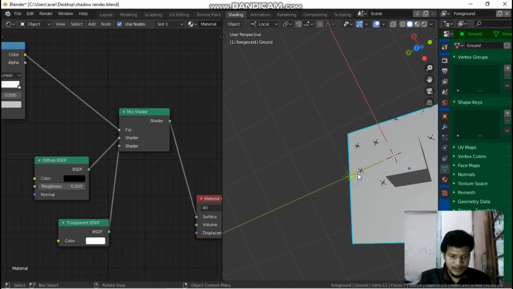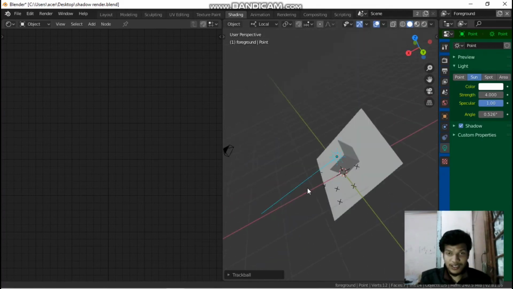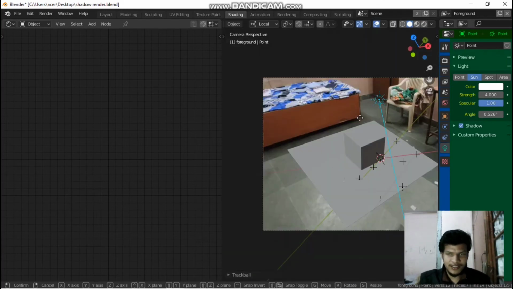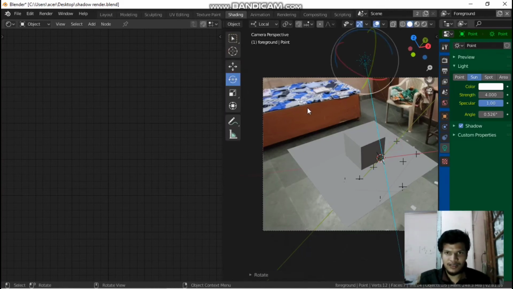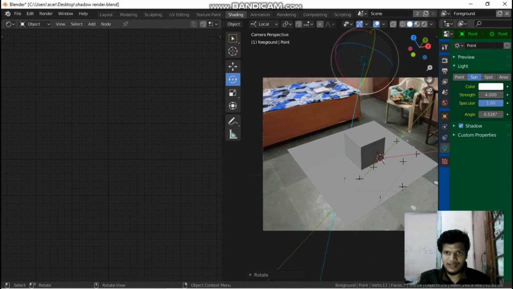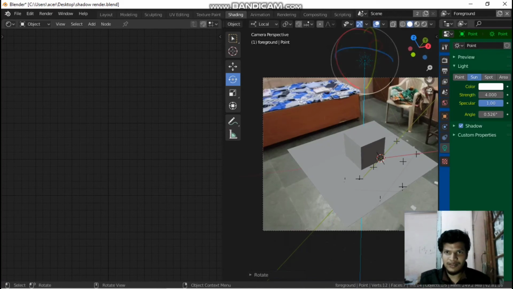Select the light and press double R on your keyboard to rotate it. I don't want that, so set it. Press 0 on your keyboard. Let's press G, then R about Z. Let's press T on your keyboard, then go to this rotate setting and rotate it by this. It makes it a little bit easier to rotate. As you can see, we are rotating and aligning the light with our scene.